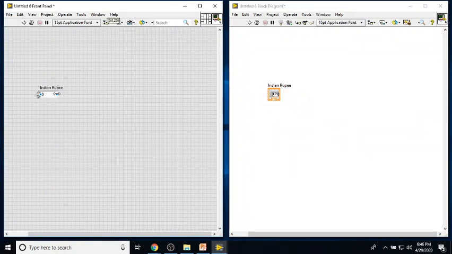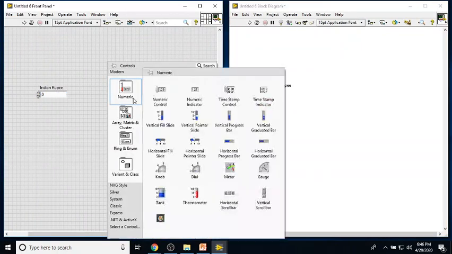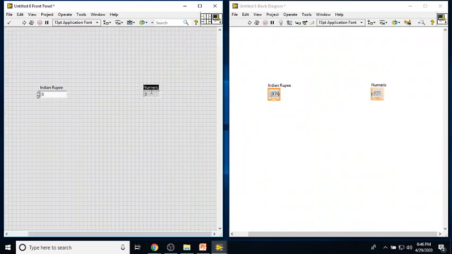I have Indian rupee, and I'm going to show the corresponding currency value in other currencies. I have one input and one output. I'm just going to quickly change the size. I'm going to check how much of Indian rupee corresponds to a particular item. Fine. So what I'll do is